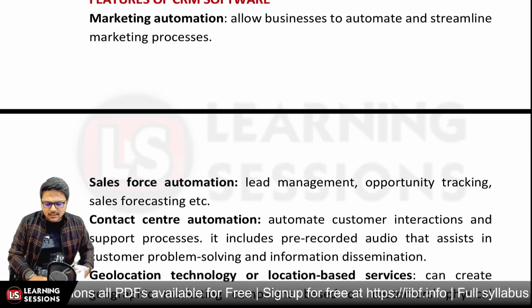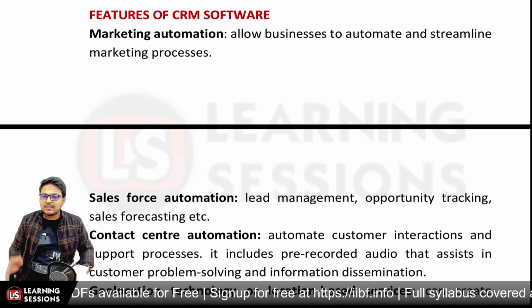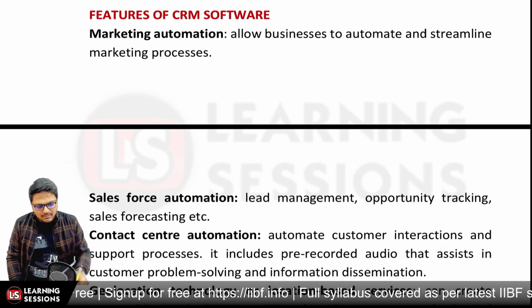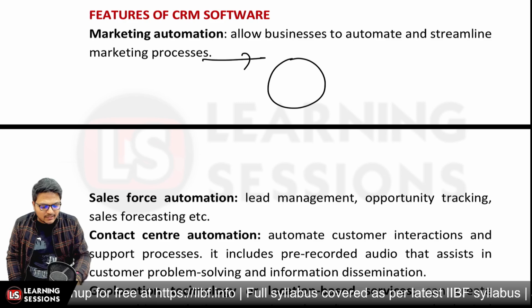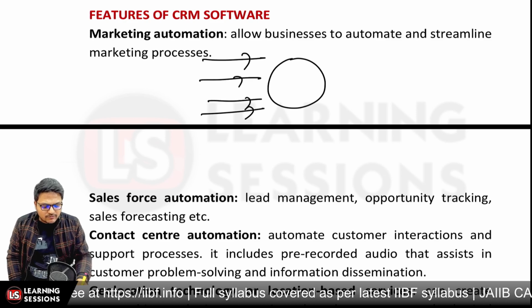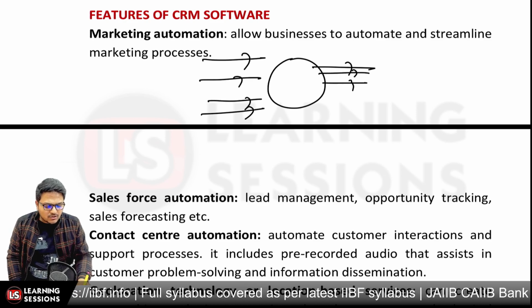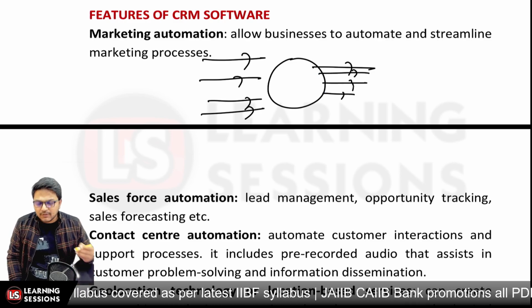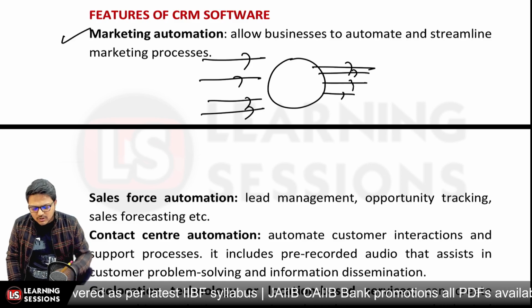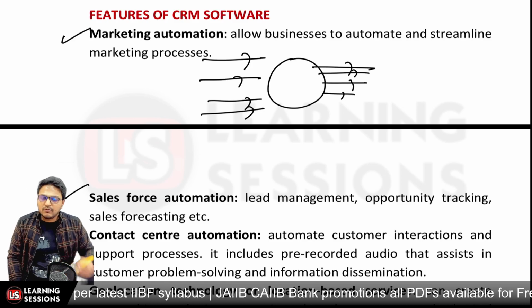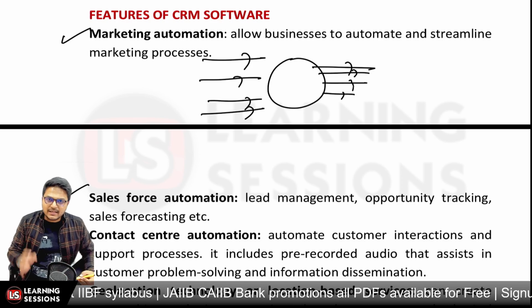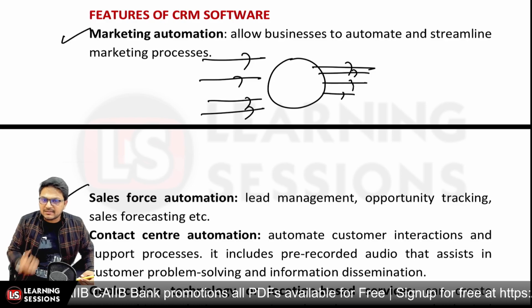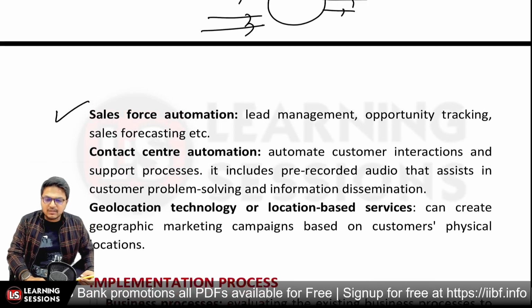Now let's understand the features of the CRM software. Now the marketing automation is there. Marketing automation is related to streamlining the different processes into one thing. Like we are getting the data from the different resources. We want to streamline it so that the data is not wasted, or the data is not at fault, or particularly we can be using the data. And further we can be going for sales automation, where the lead is generated. After that lead is generated, how the data is being dealt with, and further we can be tracking the same, monitoring the same, and giving the sale forecast.